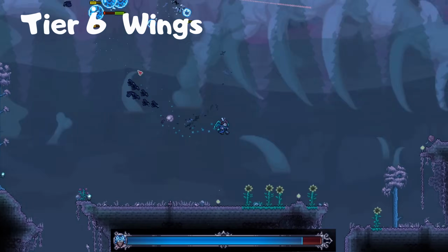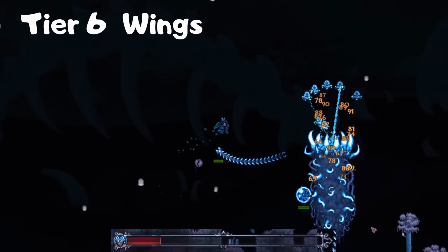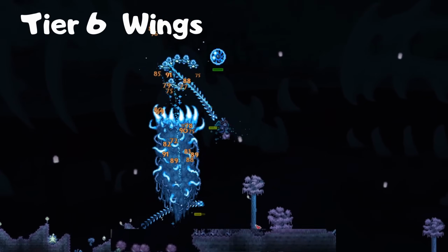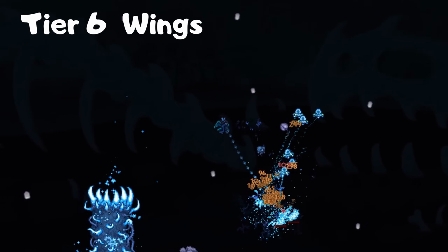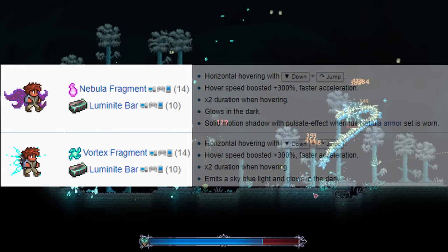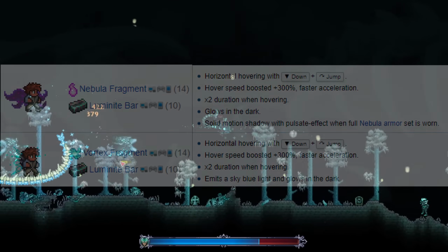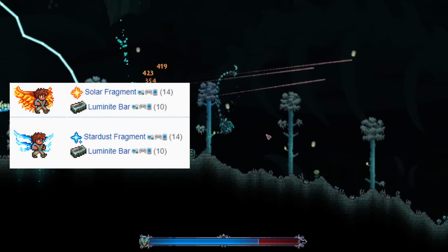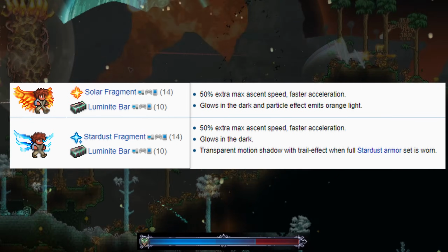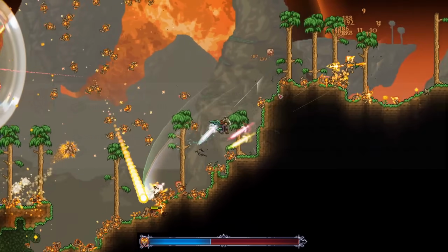Lastly, the final tier are post-Moonlord wings. These wings are crafted with pillar fragments and luminite bars, and are absolute monsters. There are basically two versions. The Nebula and Vortex wings are hover focused, giving you the ability to hover and speed boosts as well. The Solar and Stardust wings on the other hand are focused on fast ascending speed. At this point, you're basically done with the game, so just choose whatever you like and choose which one looks